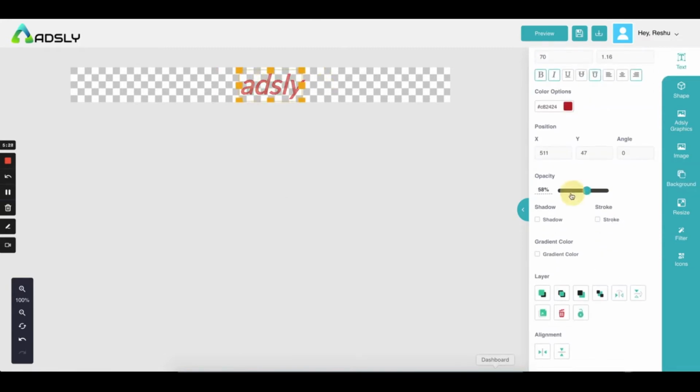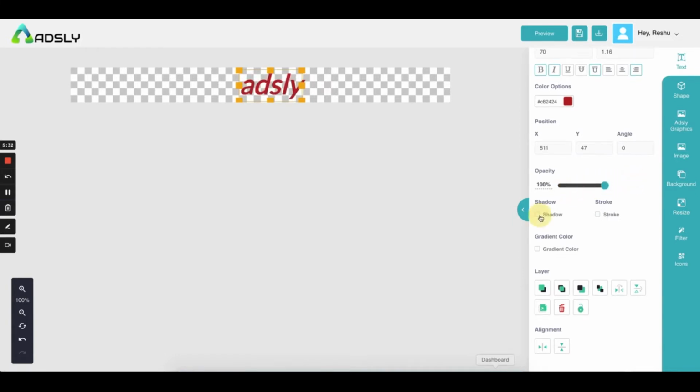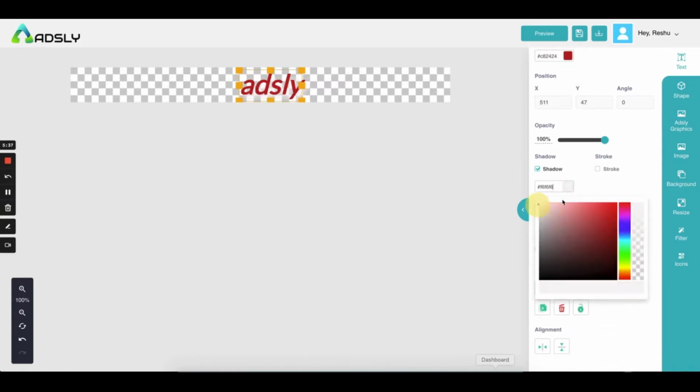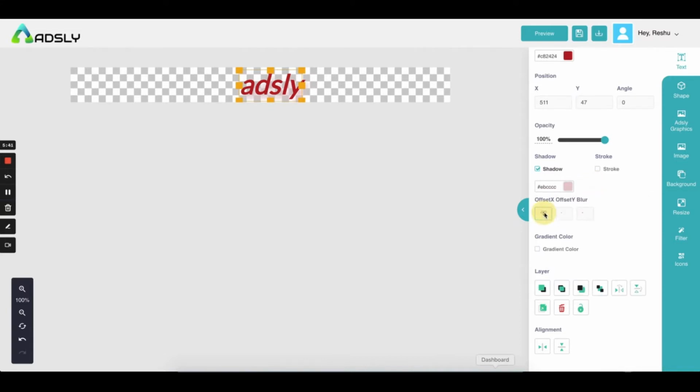Then opacity, the visibility of the text, you can decide that. You can add a shadow to it, and while you add a shadow, you can also edit your shadow, whatever color you are looking for. Offset options, like I am reducing the blur option, so now you can see it clearly. So this is how we add shadow to a text,